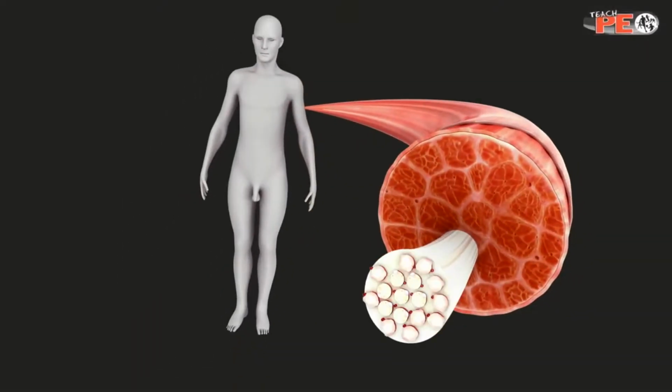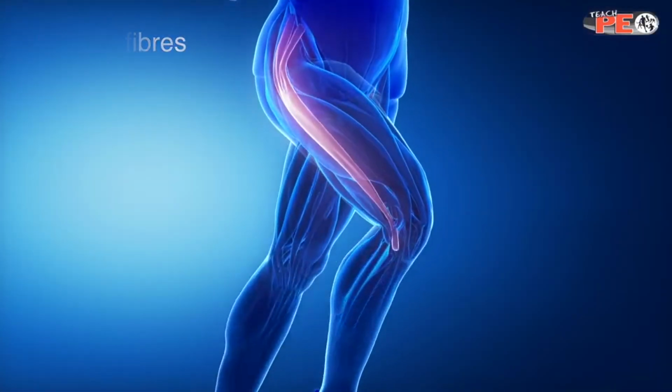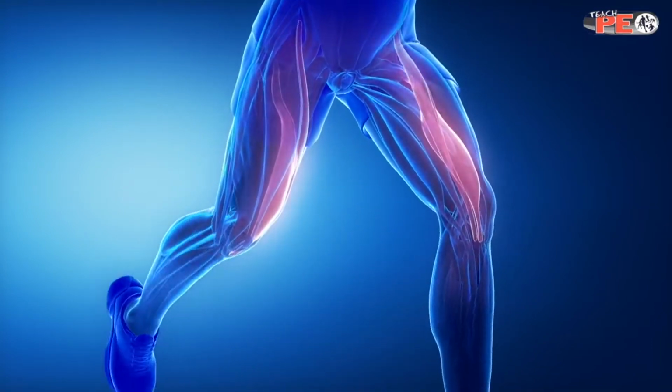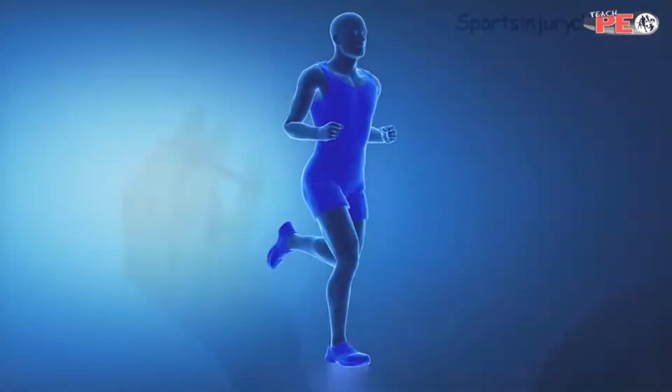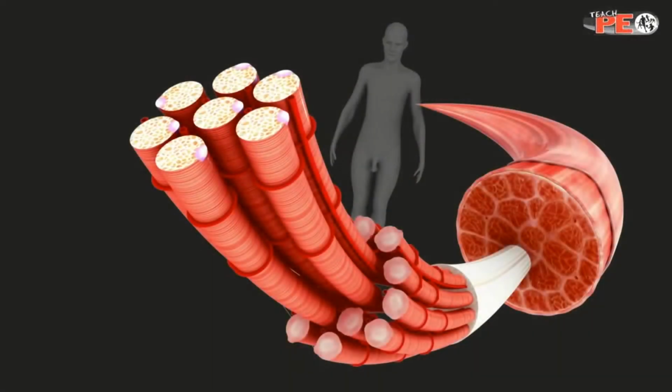Each muscle is made up of a number of bundles of muscle fibers called fasciculi. The fasciculi are contained within another connective tissue called the perimysium. Each bundle of muscle fibers contains anywhere from 10 to 100 individual fibers. A large, strong muscle, such as those in the quadriceps group, would have a large number of fibers within each bundle. A smaller muscle used for precision movement, such as those in the hand, would contain far fewer muscle fibers